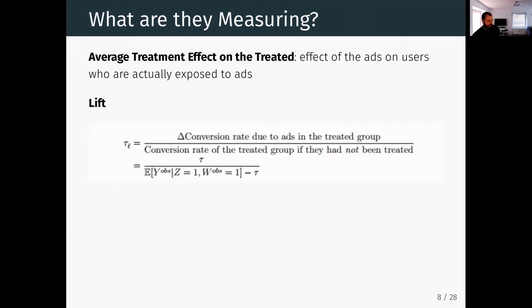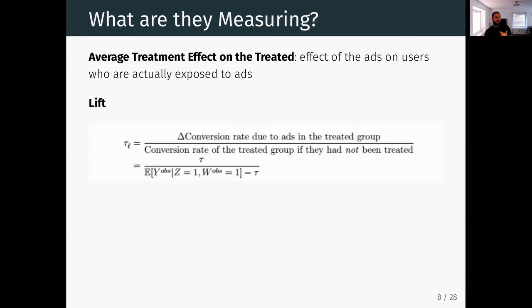So in the paper, they're going to try to measure something, so you can come up with a common metric. And they're going to measure two things. They're going to measure the intent to treat effect, which they call ITT. That's going to work nicely for their RCT, for their experiment. But when they go outside the experiment and try to use observational methods, that's going to be hard to work with. So they're also going to compute the average treatment effect on the treated, which is what I'm going to think about today. So it's the effect of the ad on a user who's exposed to it.